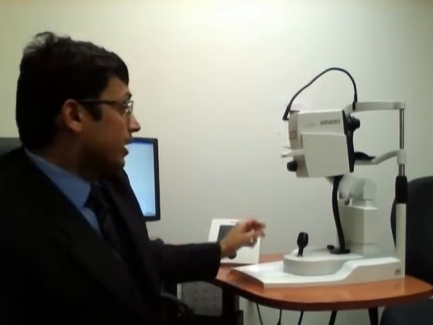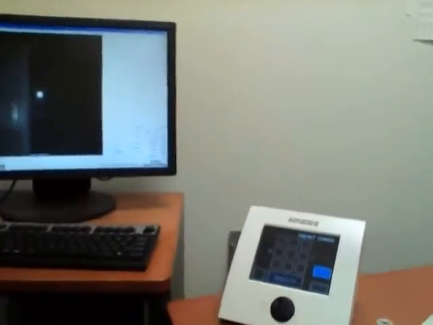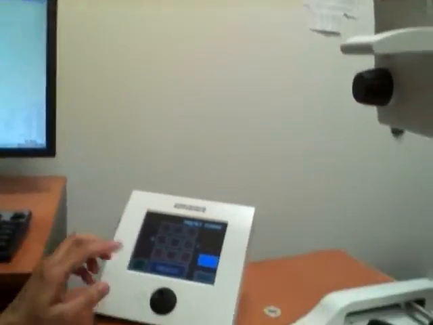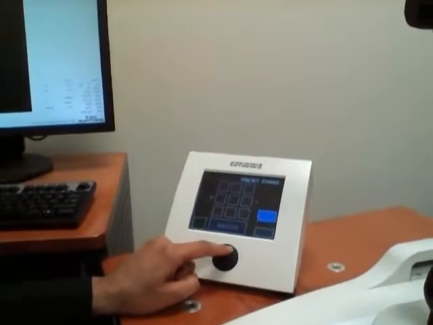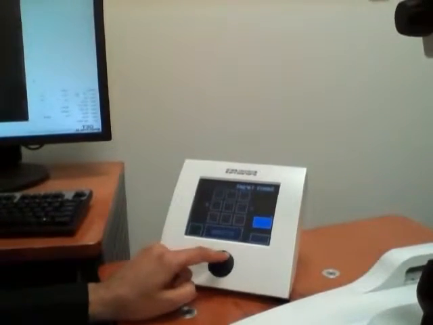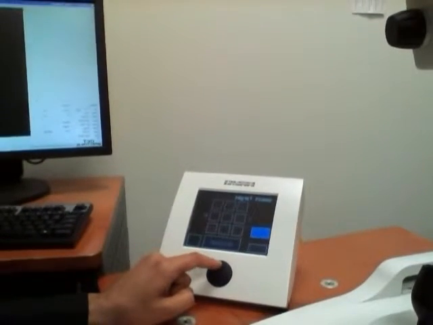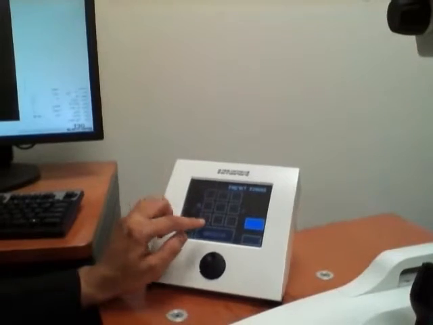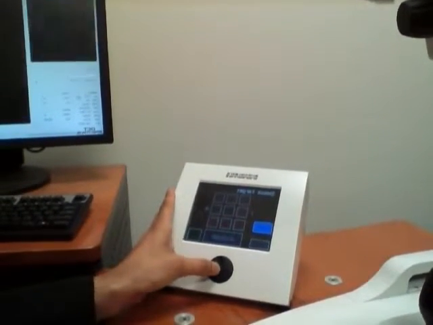Another thing I want to show you: you can see there are two buttons. One is used to decrease and increase the brightness. That is important to improve the quality of the image. The other is acquire, when we hit that button.